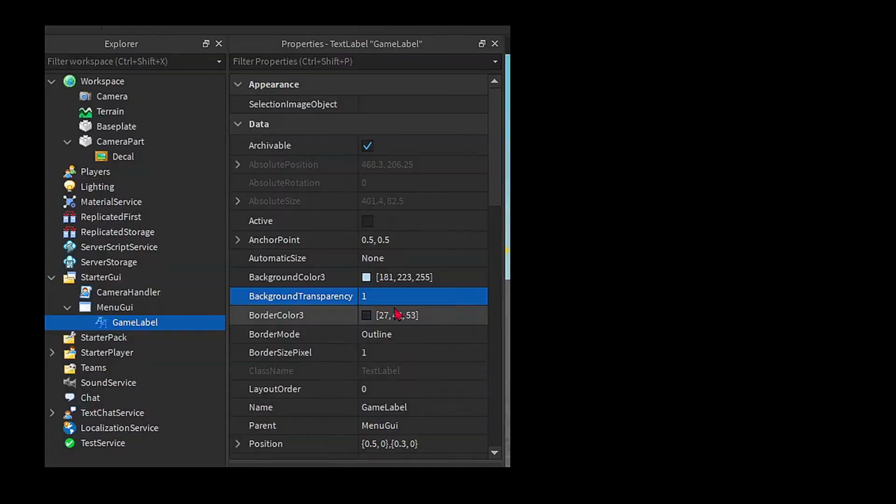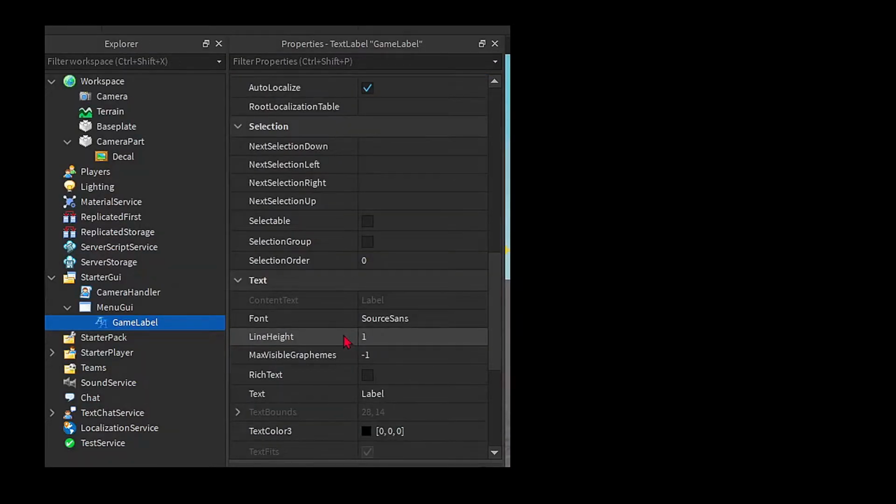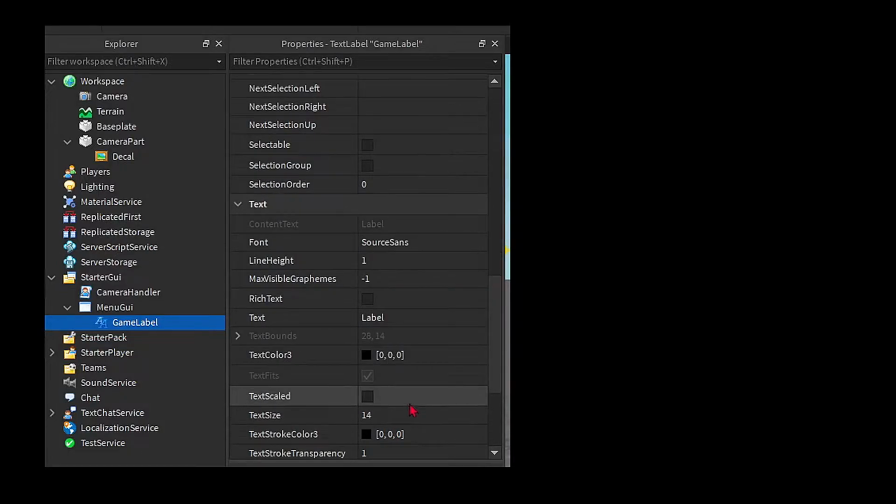Honestly, you could always do this, make it transparent. You want to set text scale to true. I'm gonna pick your text. I'm gonna do maybe Luckiest Guy. Luckiest Guy isn't bad. I can see that they added new stuff, but